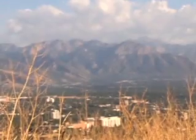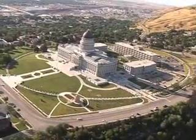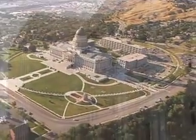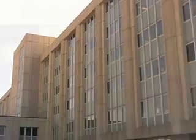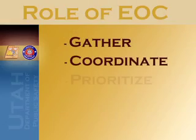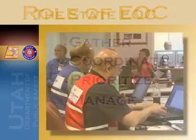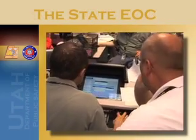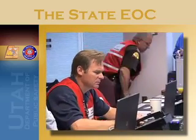The State of Utah Emergency Operations Center, or EOC, is located on the State Capitol Complex in the basement of the State Office Building in Salt Lake City. This facility is designed to gather, coordinate, prioritize, and manage information and resources during an emergency or disaster. The Utah Department of Public Safety's Division of Homeland Security Emergency Management staff maintain the Operations Center and are responsible